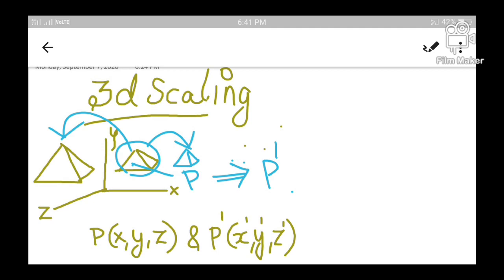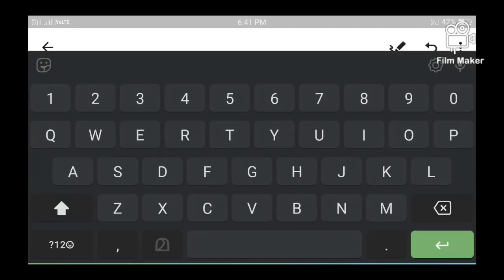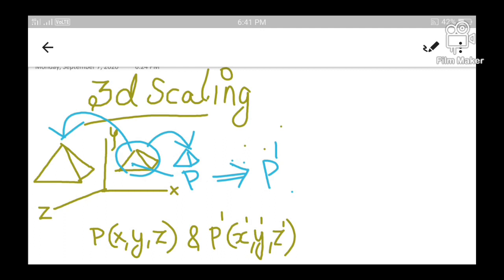And about uniform and differential scaling, when the scaling transformations are done in such a way that the scaling parameters are all equal, such that the change in size occurs equally in all 3 dimensions, then it is called a uniform scaling. And when the change in size is performed unequally in all three directions, then it is differential scaling. In that situation, the scaling factors will all be different. Different values will be multiplied to x, y, and z. Okay.